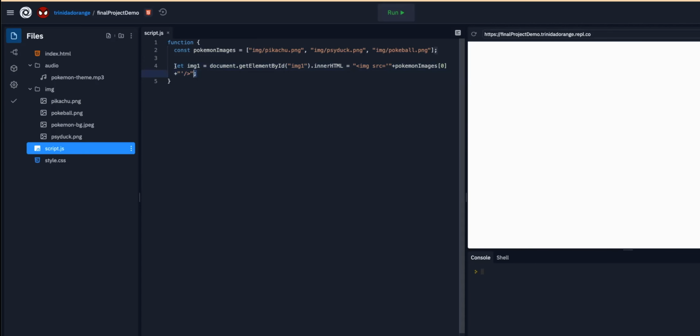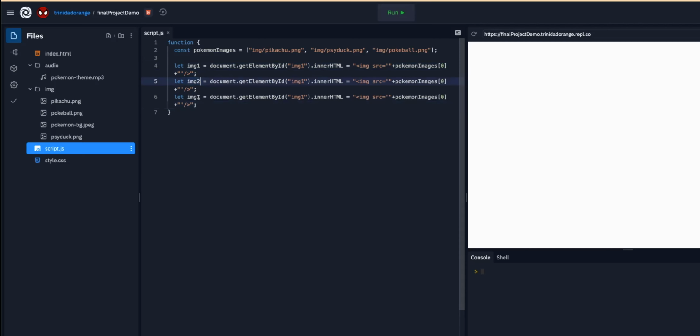And then now I'm just going to copy that and make the edits where necessary for the rest of the images. So this one, I want to access image2, and in this case, it's going to be Psyduck. So I'm going to put 1. And then image3, and for the Pokeball, that's going to be element 2, like that. Right. So now I'm using HTML to grab the images,